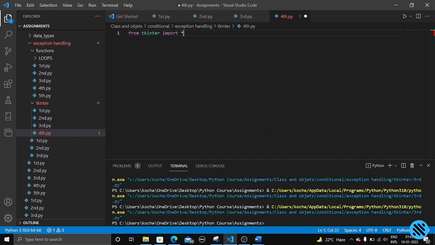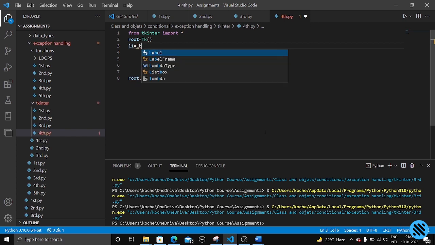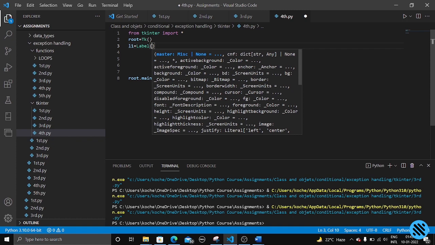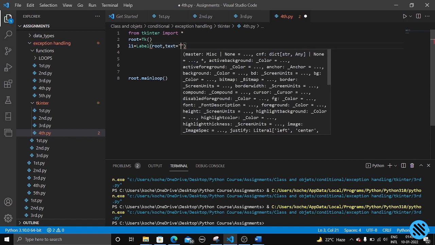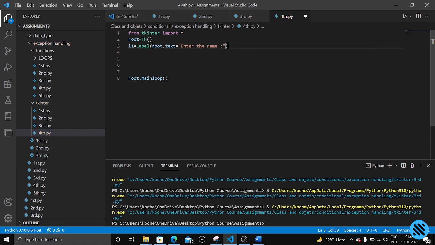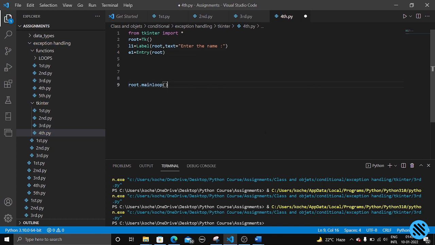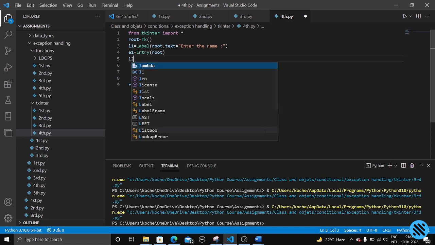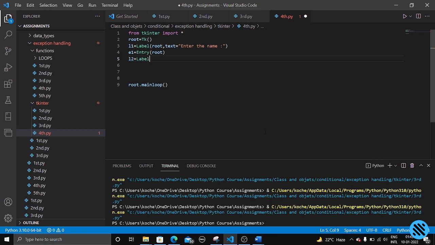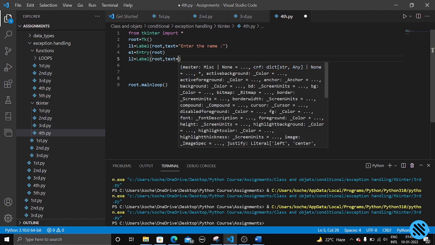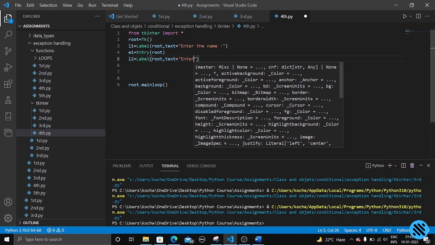From tkinter import star, root equal to Tk(), root.mainloop(), and the first L1 equal to Label(root, text equal to "enter the name"), and E1 equal to Entry(root), and L2 equal to Label(root, text equal to "enter age"),